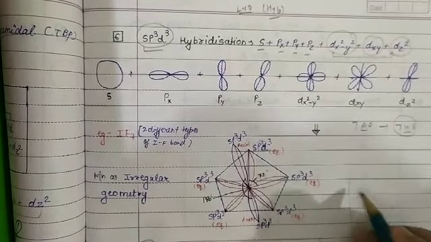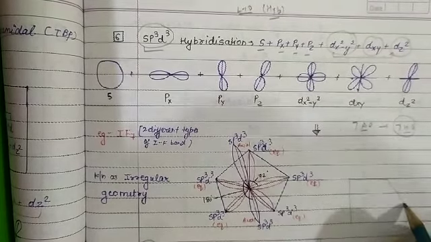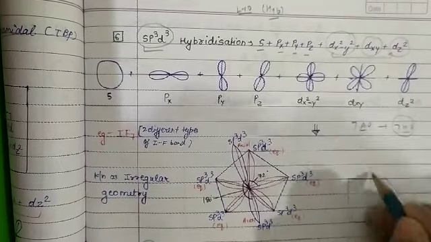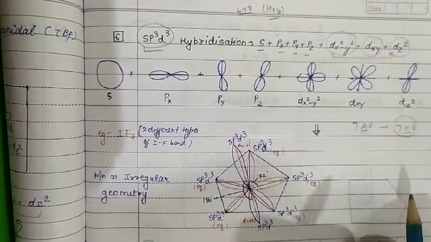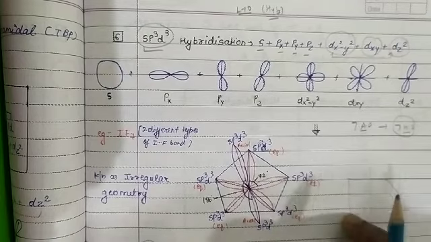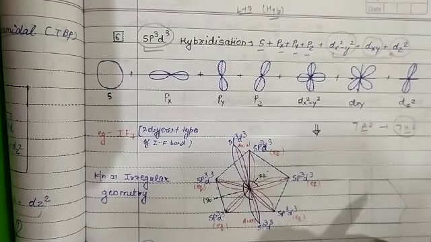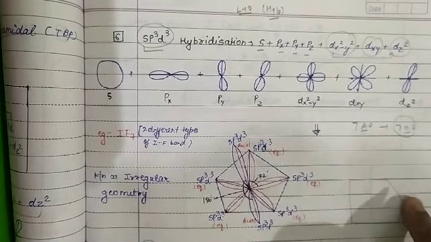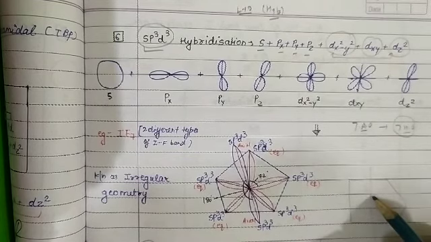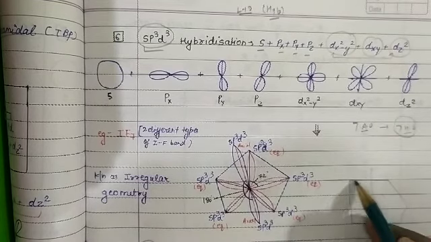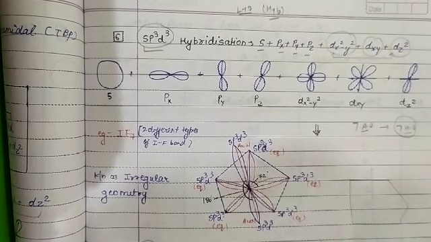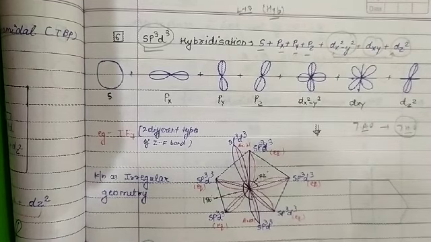So basically a pentagon is formed first, and one atom above the plane and one below the plane. So one pyramid is formed above the pentagon and one pyramid is formed below the pentagon. So a bipyramid is formed, with two pyramids above and below the pentagon. So it is called pentagonal bipyramidal.